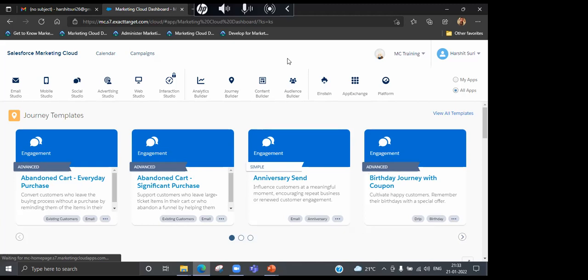See, I have been working with some big clients, and those companies which are working on Salesforce, which have their Salesforce platforms, are automatically migrating to Marketing Cloud.